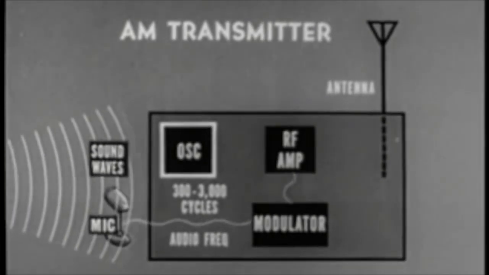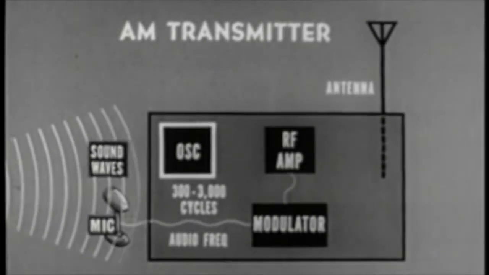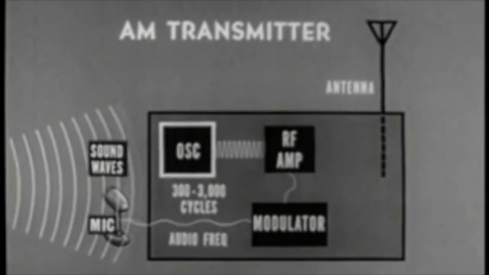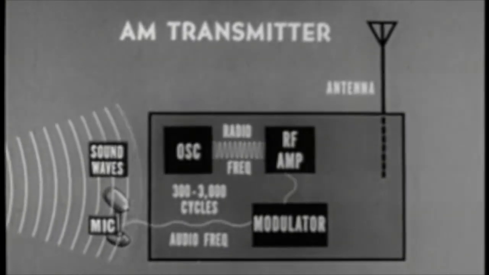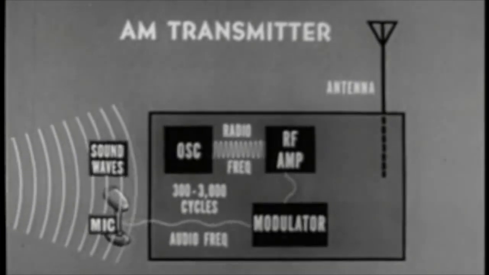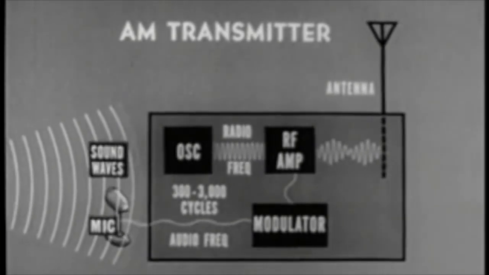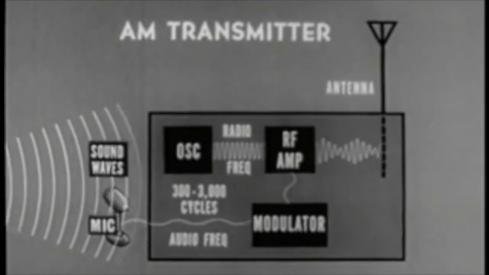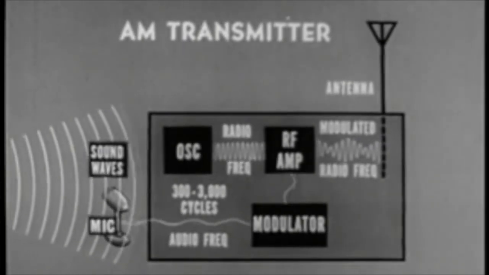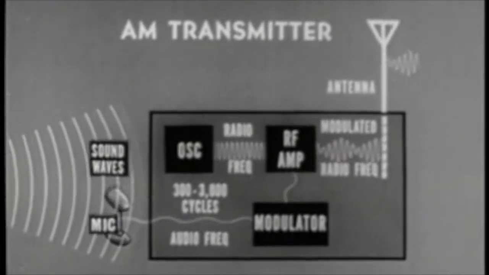An oscillator provides a much higher frequency. This radio frequency wave is called a carrier. By means of a modulator and one or more RF amplifiers, the amplitude variations of the audio signal and the radio frequency carrier are combined. Now the intelligence takes the form of amplitude variations in the carrier. The amplitude modulated RF carrier is fed to the antenna, from which it is radiated through space